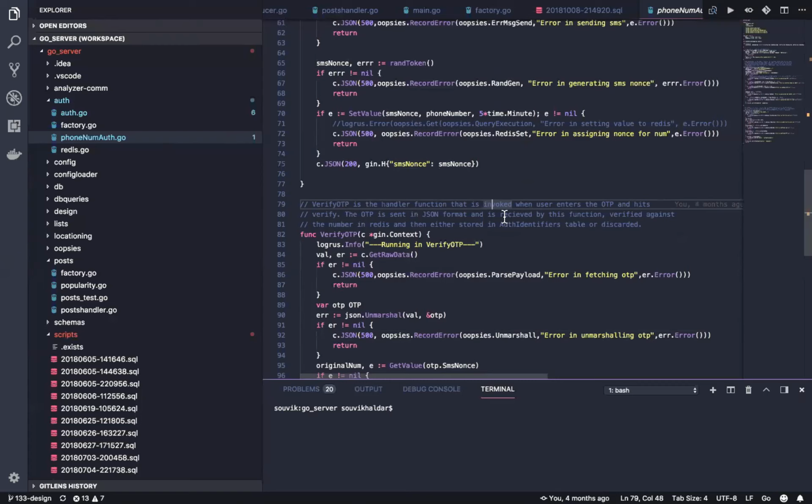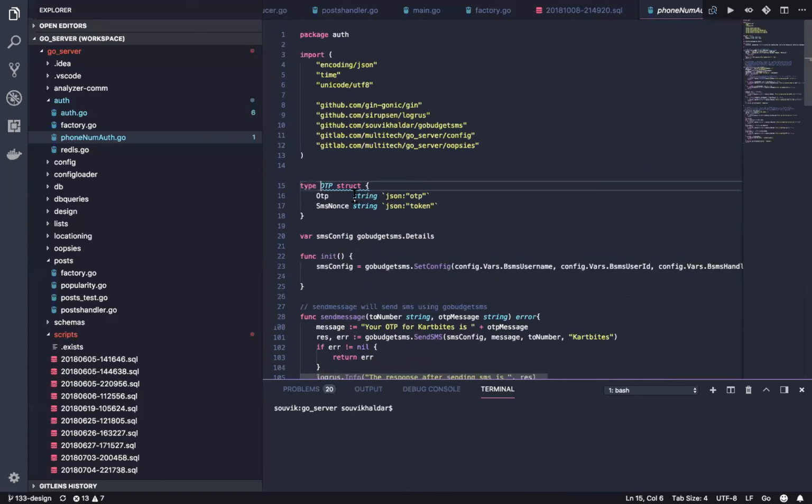Now the user enters the OTP from the SMS. Now the user sends two things. One is the OTP that he has got, and the app automatically adds the nonce with it when making the second request. So this function is invoked with two arguments. One is the OTP, another is the nonce.